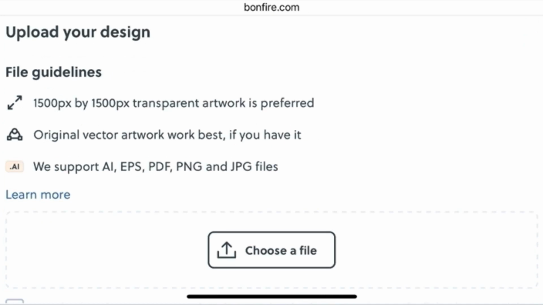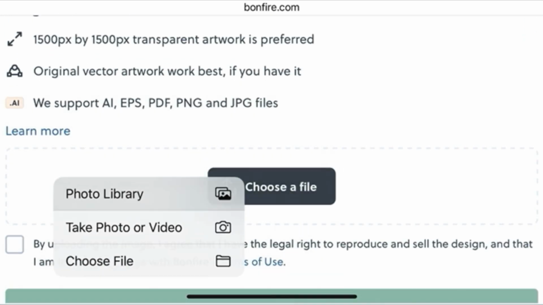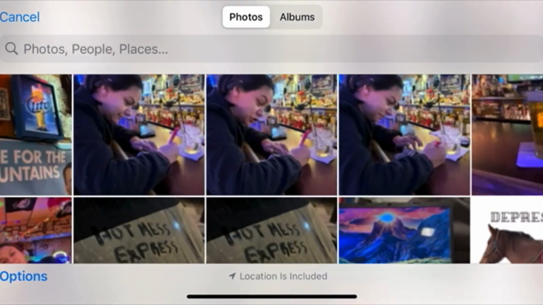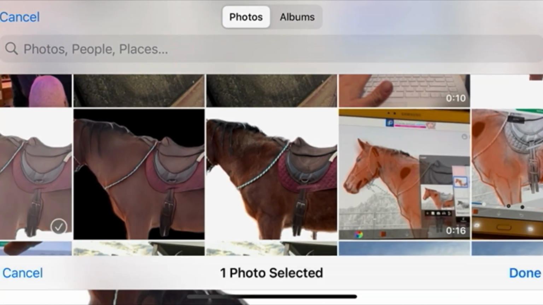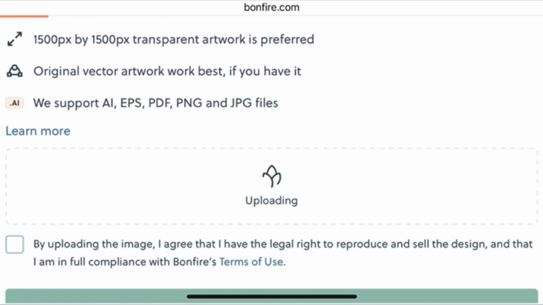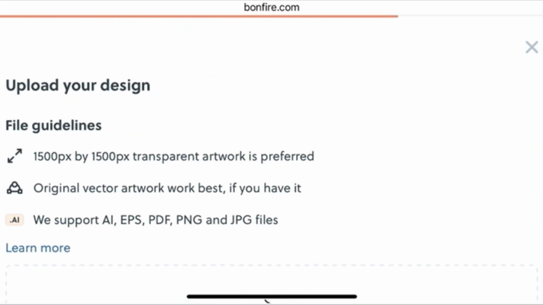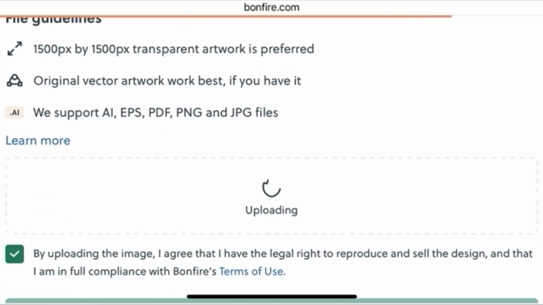It dawned on me last minute that I needed to make my image clip art, so I moved to my phone real quick, found the image, made it clip art, and then I uploaded that clip art to Bonfire because I cannot make clip art on my computer because I am not that skilled. I just know how to do it on my phone and my tablet, and I was doing this from work on my lunch break. So anyway, what I did here is I hit it, I uploaded it, I agreed to